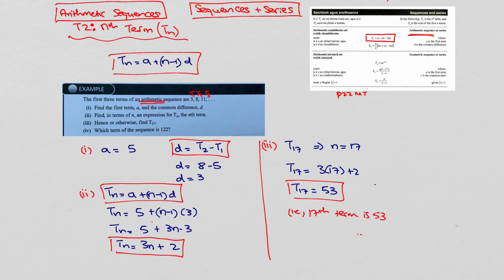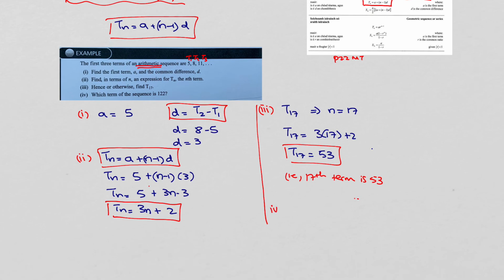Okay, so part 4 then says, which term of the sequence is 122? So what that means is Tn is 122, and we want to know what position 122 holds in our sequence. Of course, as I said, the long way would be to literally keep on adding on 3 to our sequence and then circle 122 when we find it and then count up how many numbers that is, but that would be a very long time. So instead of T of n, we're putting in our general term, so 3n plus 2,